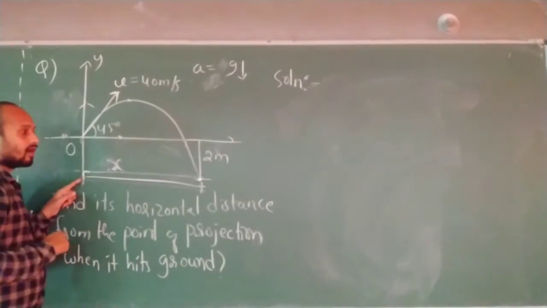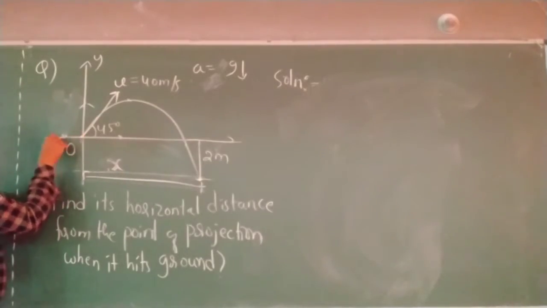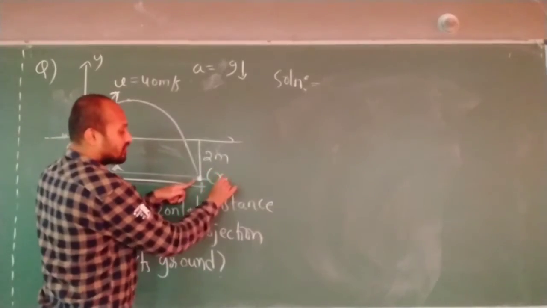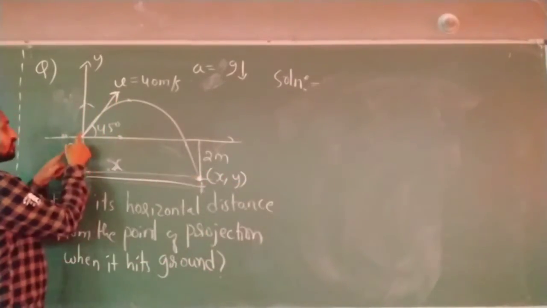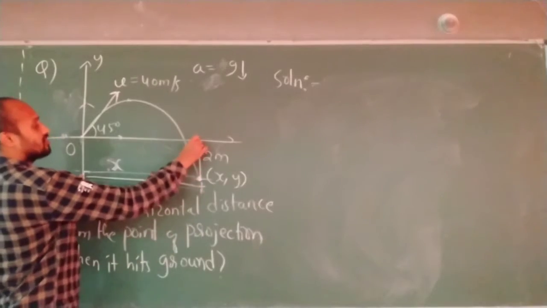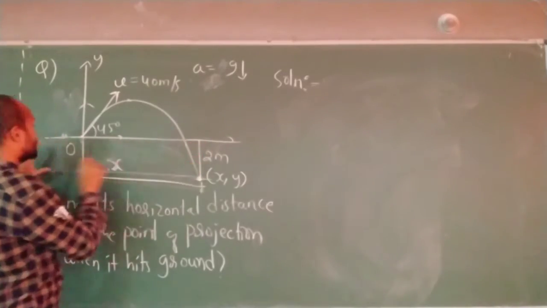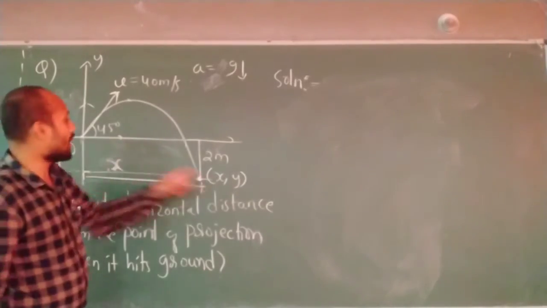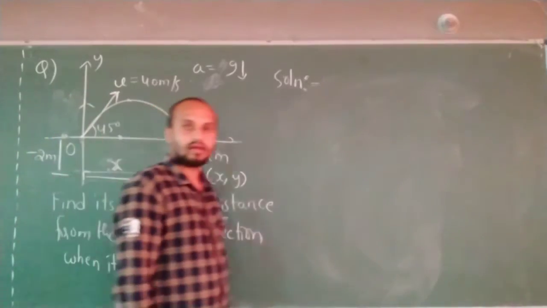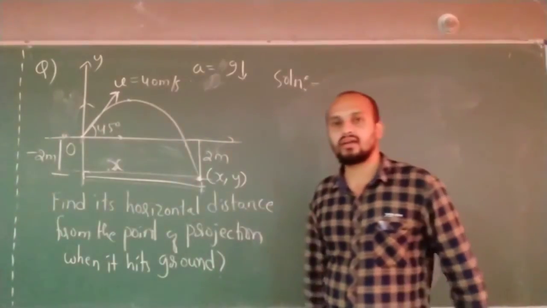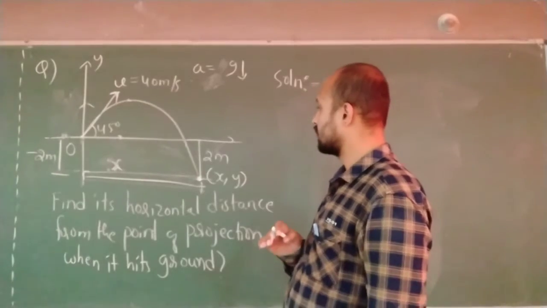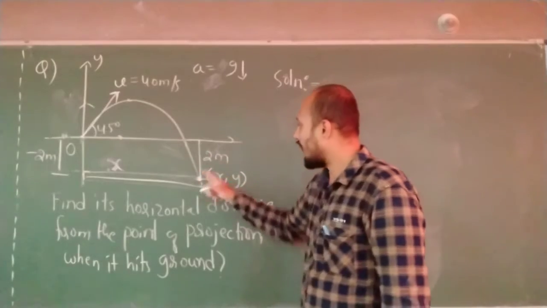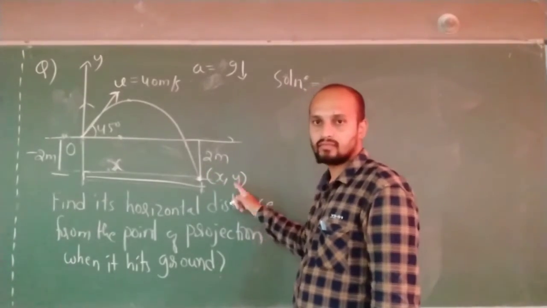Correct, no? And look here, from the origin, at this point when it is hitting the ground, its position will be x comma y. What is x? From the origin this distance is x. What is the y distance? Don't you think the y distance will be minus 2? Y distance from the origin is minus 2. Correct? So when these two things are given, it makes it easier to solve. See here. I know the value of y, I need to find the value of x.